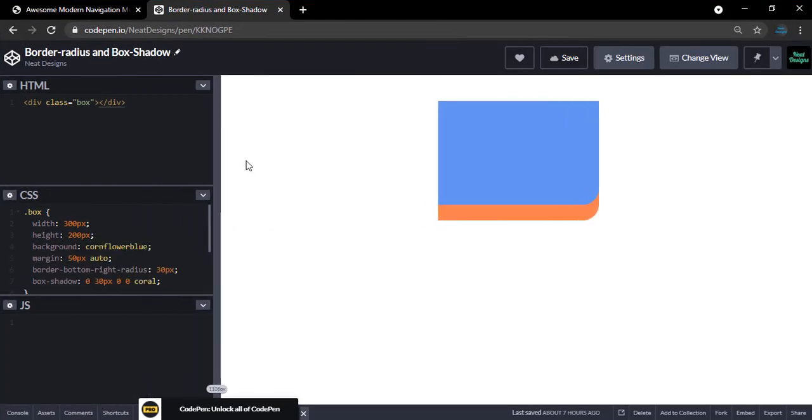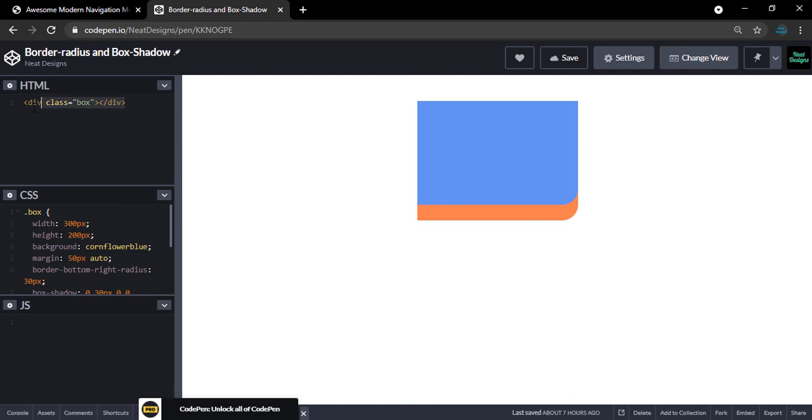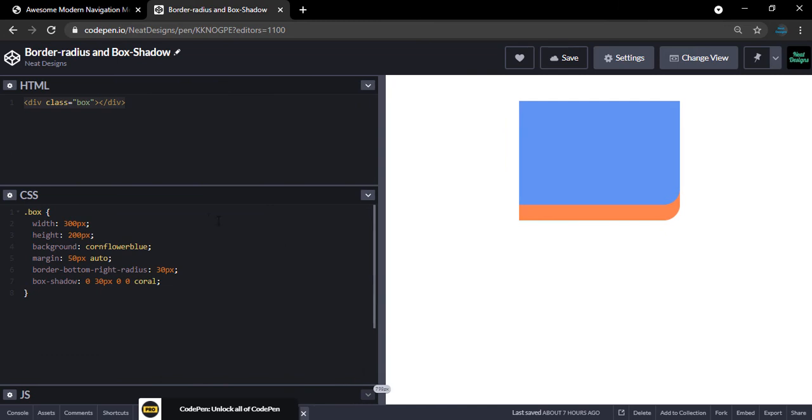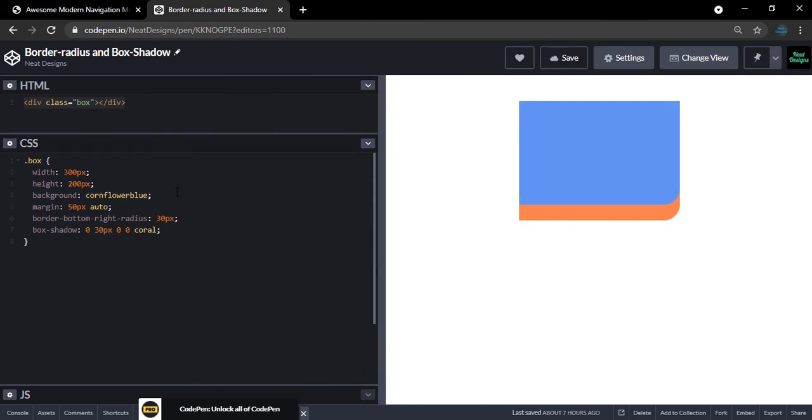So here we have a div with a class of box, okay, and I have set some basic styles on it. So I have set the background to cornflower blue, and also I have set the border bottom right radius to 30 pixels, and also I have declared box shadow of 0 on the horizontal, 30 on the vertical, 0 for the blur and 0 for the spread, and the color is coral.